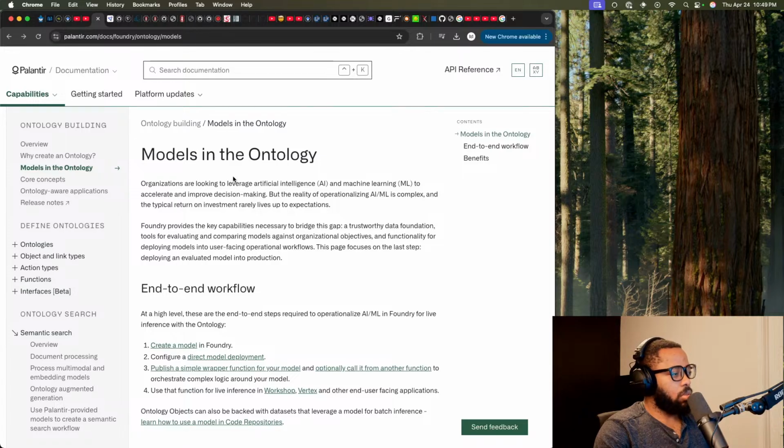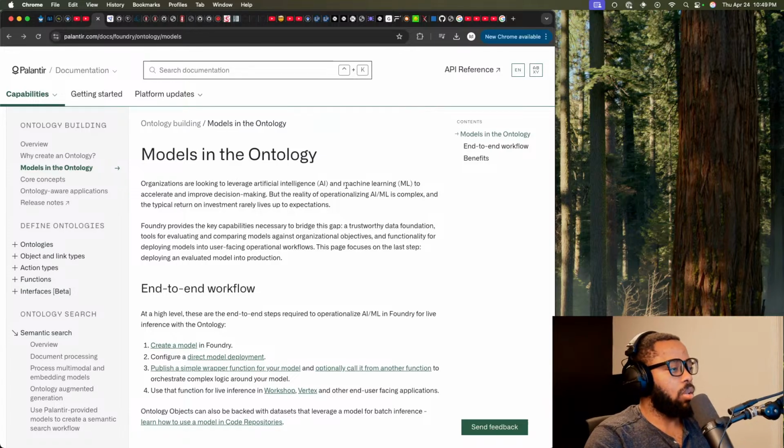Okay, models in the ontology. Organizations are looking to leverage AI and machine learning to accelerate and improve decision making. True. But the reality of operationalizing AI, ML is complex, and the typical return on investment rarely lives up to the expectations.